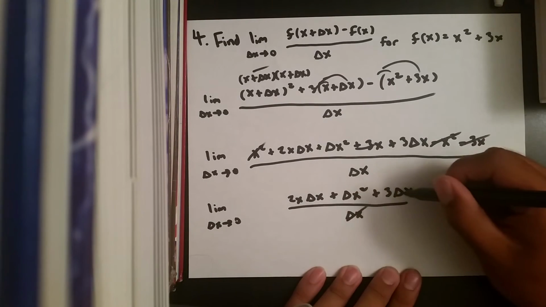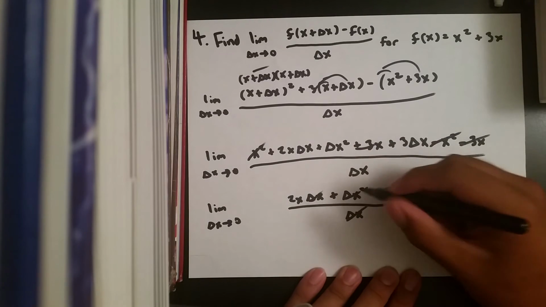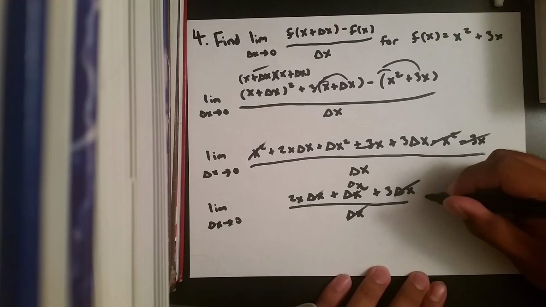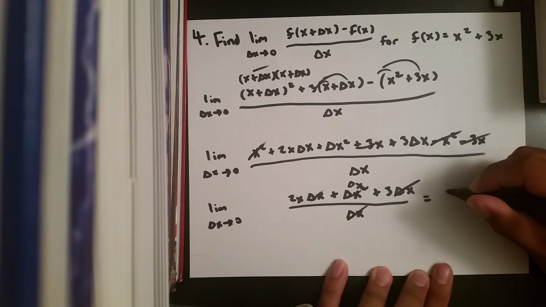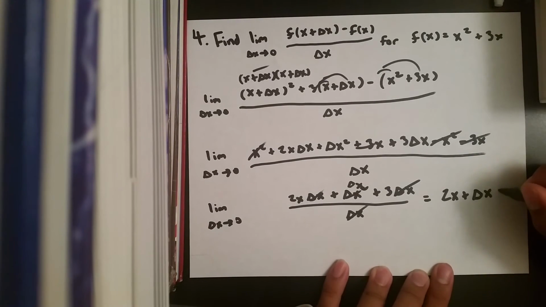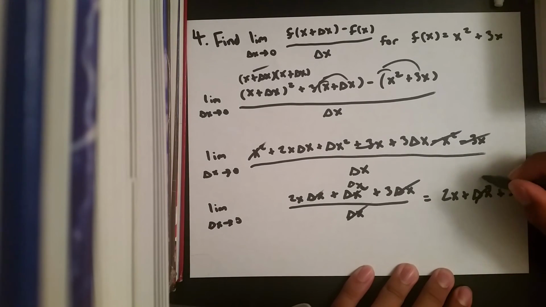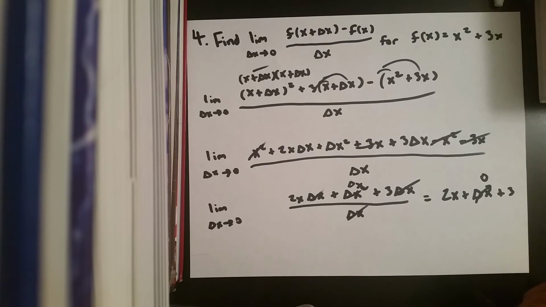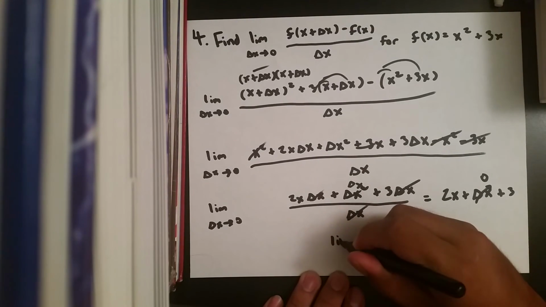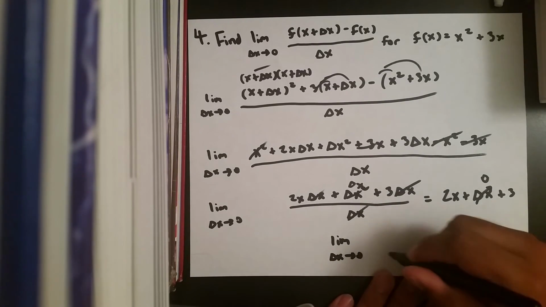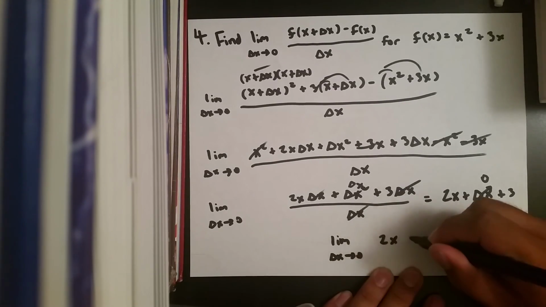And that goes away, this turns into delta x. And this equals 2x plus delta x plus 3. And this is the limit as delta x goes to 0. So 2x plus 0 plus 3. So the limit as delta x goes to 0 is 2x plus